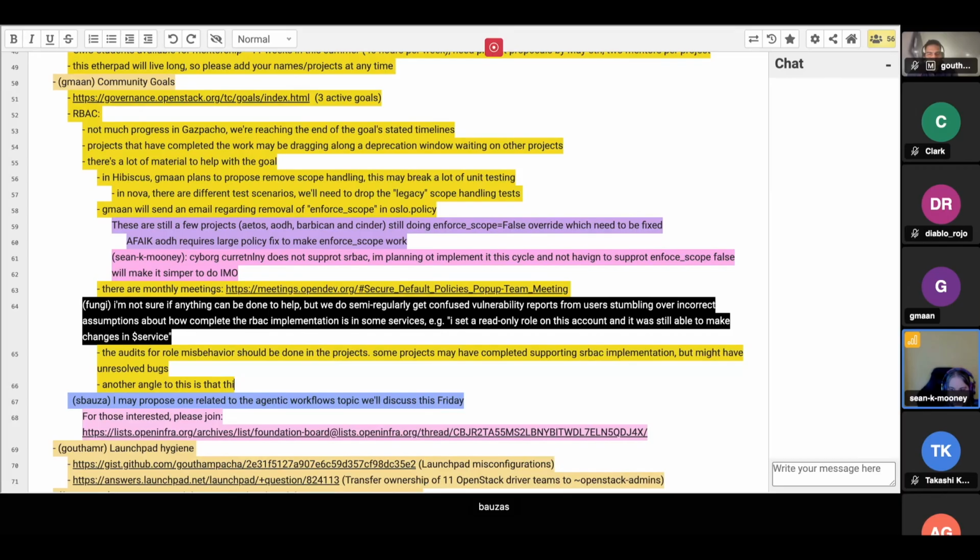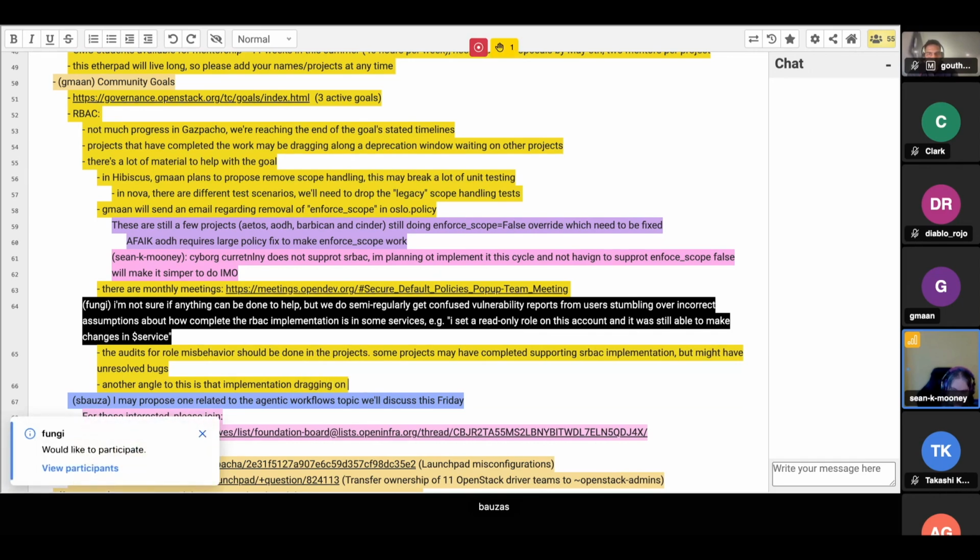So there's kind of two paths to it. It's like, what does the service allow you to configure, and what does the library allow you to configure, and then what is reasonable to do in production. And reasonable to do in production is a much smaller set. You either have scope enforcement turned on everywhere, or it's turned off everywhere, but a mix is not a good pattern to use, and same for the new defaults.